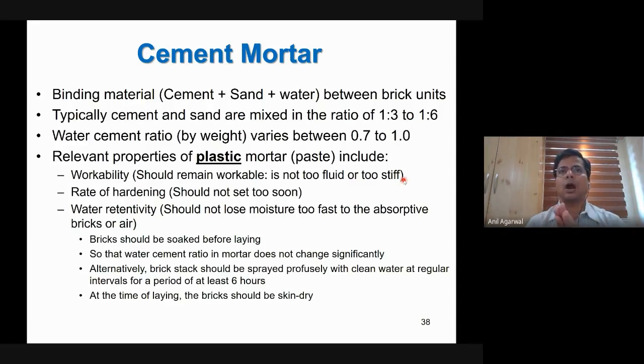Why should it not harden too late also? Mostly that is not a problem. Most of the cements available nowadays have this problem of hardening too soon rather than too late. But if it hardens too late, what may happen is that you keep building brick after brick after brick, and in the initial stage when it is wet, it has very low strength. So initially it may be able to take the weight of a couple of bricks, but over a period of time,